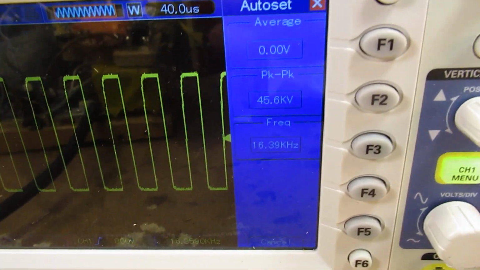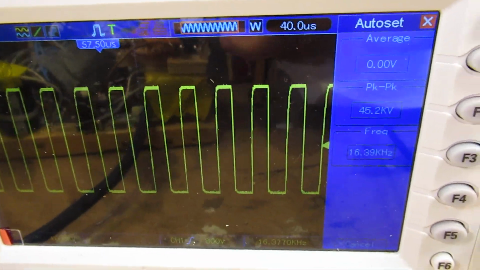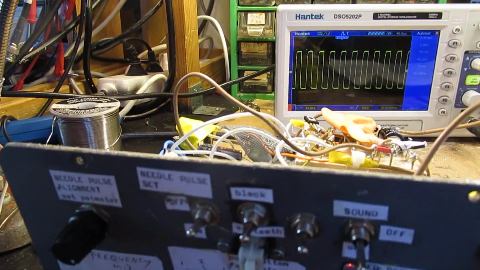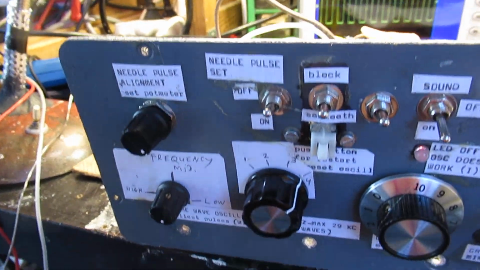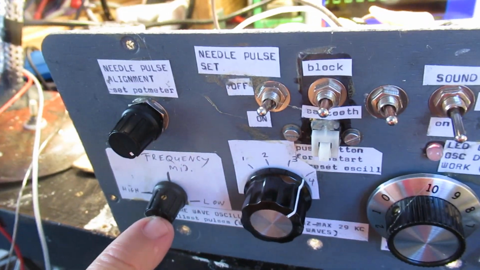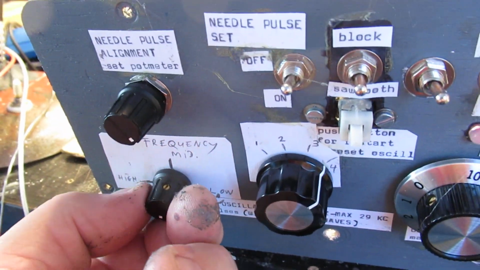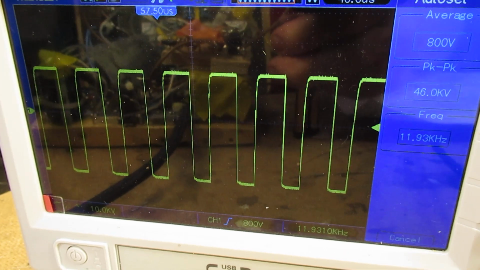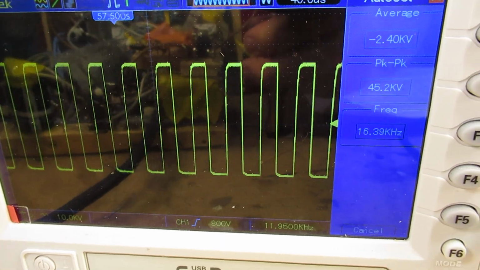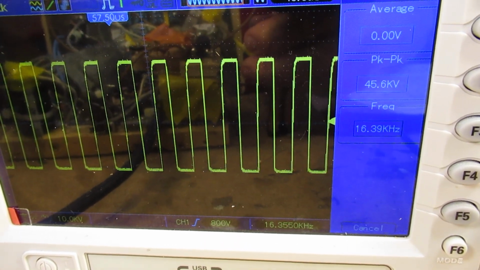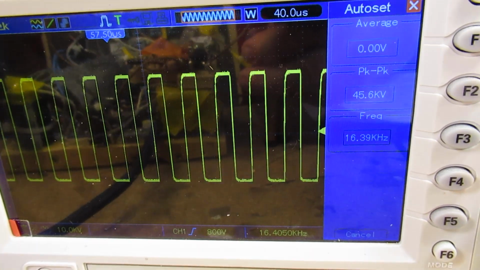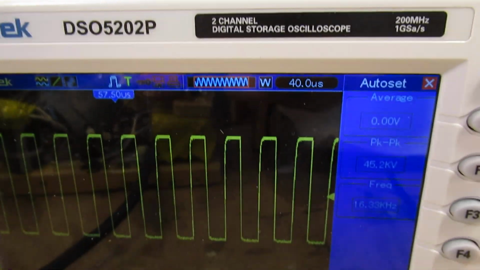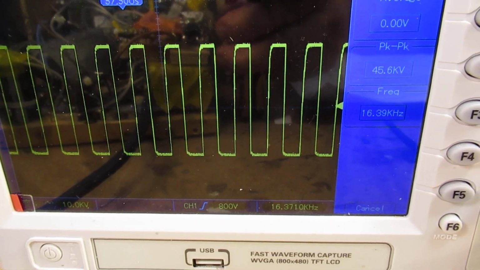It's now on 16 kilohertz, but there is here a frequency switch with which you can set the frequencies. 11 kilohertz, 16 kilohertz. Is that all? No, that's surely not all,